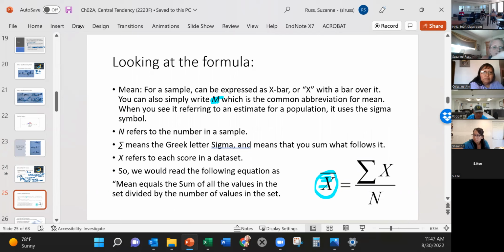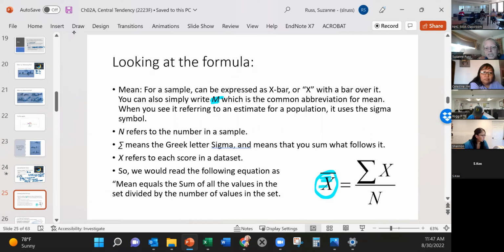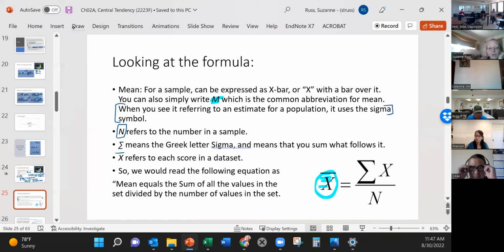And I will make note of one more thing that you don't need to worry about a lot now. When we are talking about mean using this M, it means we actually have every number and we calculated the mean. Later on, we're going to come to some other symbols, but those refer to different aspects. And so for now, we're just staying with M for mean. This N always refers to the number in the sample. Sigma always means you sum whatever's in parentheses after it.